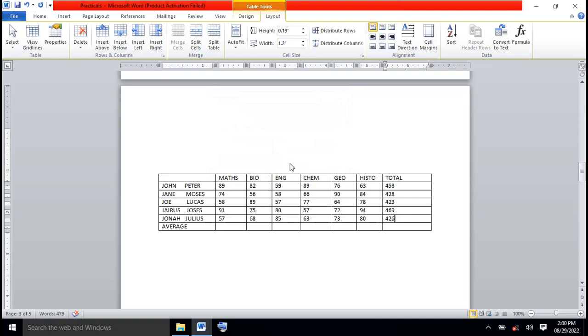Now, let's go to average. Average is what most people call mean, and it's actually the mean, but really we call it average. And so how do you calculate the average? This is the total performance for each student. Now, we want to know the average performance per subject. They call it the mean score. So how do you do it? You click where you want to place your calculated answer. All right, and then you make sure you are on layout,